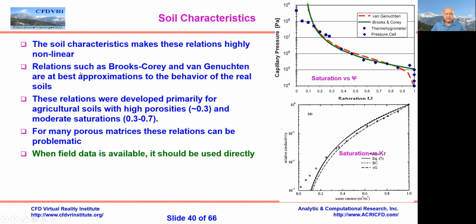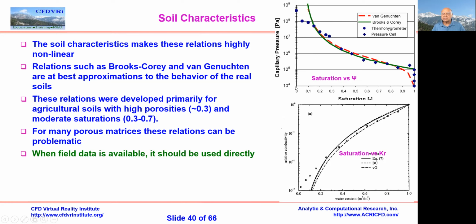So when it comes to unsaturated flow, there are two very important things. One is that the capillary pressure itself now becomes a function of the saturation, right? You can imagine that you have two different fluids, water and air, so there is a surface tension between them. Now, if you change the saturation, you put more water, of course the surface tension is going to change, okay? So this is what the capillary pressure curve looks like. As saturation goes very low, the capillary pressure rises and rises and rises by orders of magnitude, okay? So it's a very steep curve.